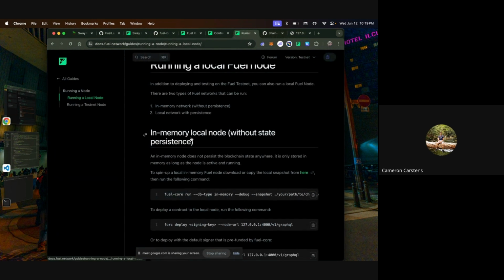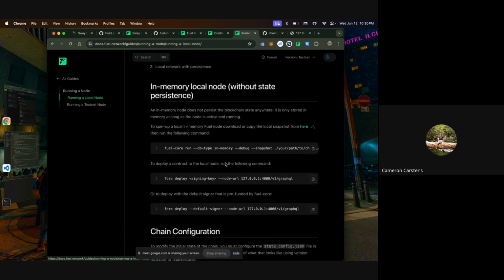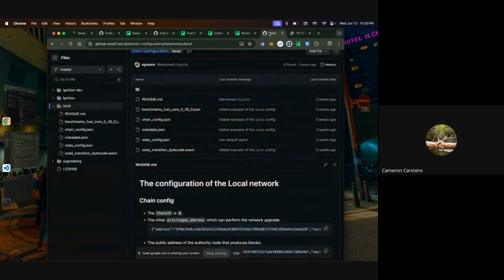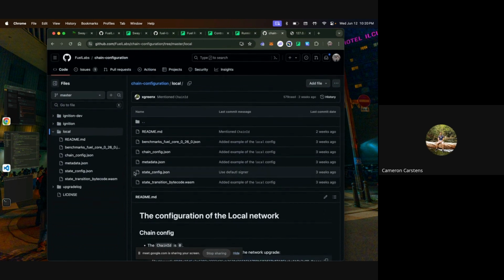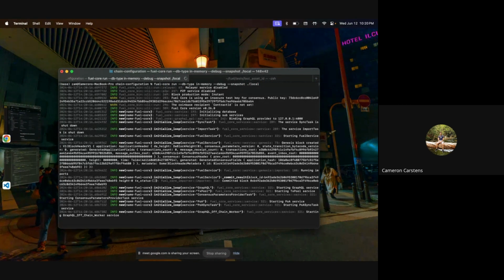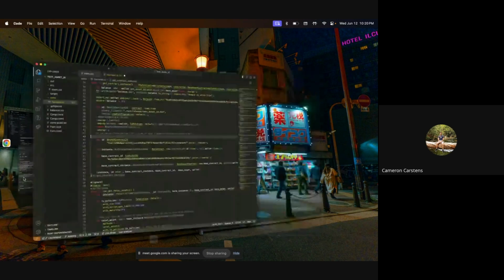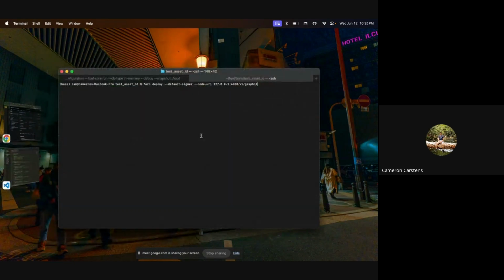We have a nice guide here of running a local node on your computer. And I will just be running the very first thing up here, setting the snapshot to our chain configuration from this repository. So when I run this here, I'm now running a node locally, and I can actually deploy this exact contract to my node.